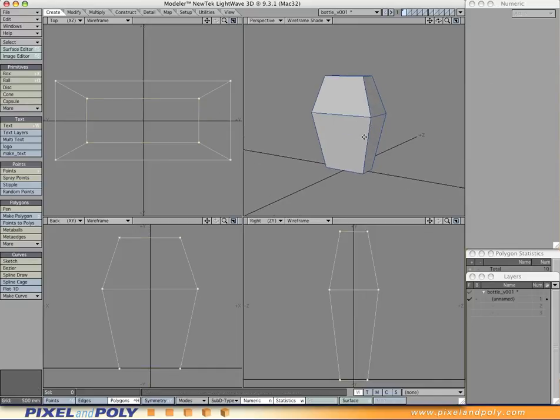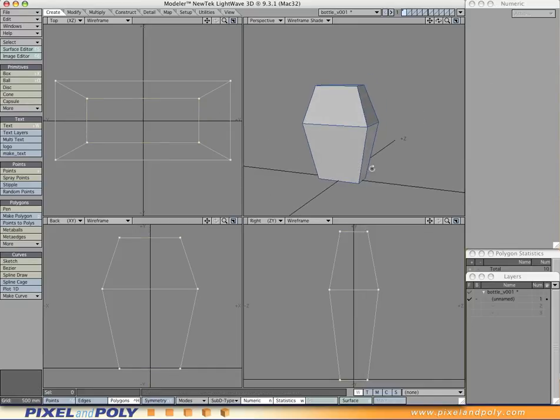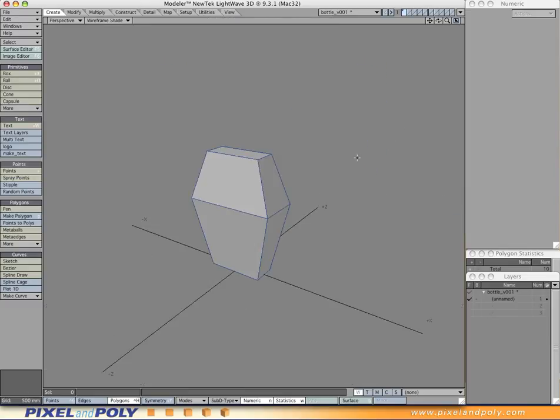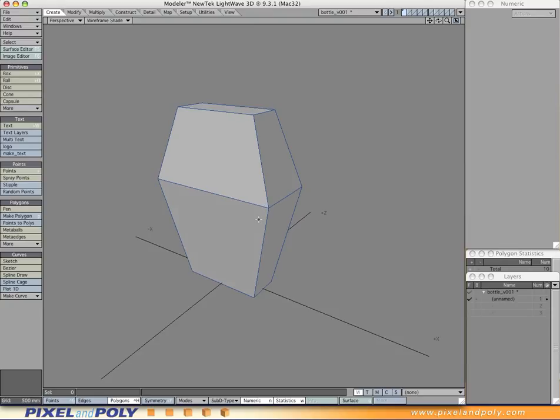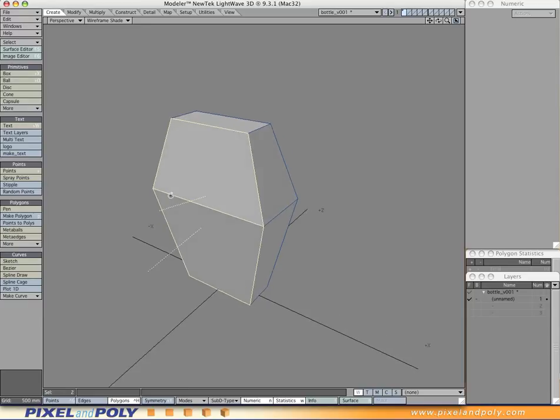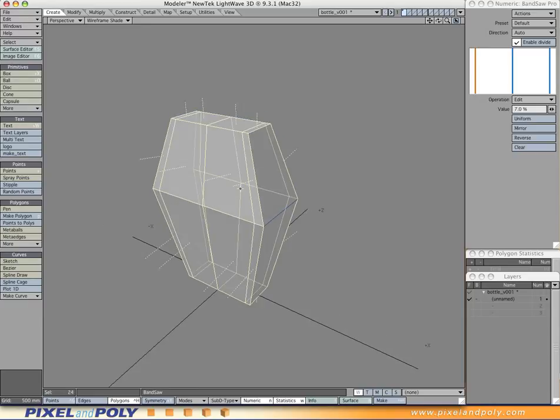So this is actually kind of the general shape that I'm going to be going for, except I'm going to make sure everything's a lot more rounded. It's going to round off a lot more in the center part. And at this point, we're going to start adding a bunch of control loops to the object. So I am going to use Bandsaw Pro